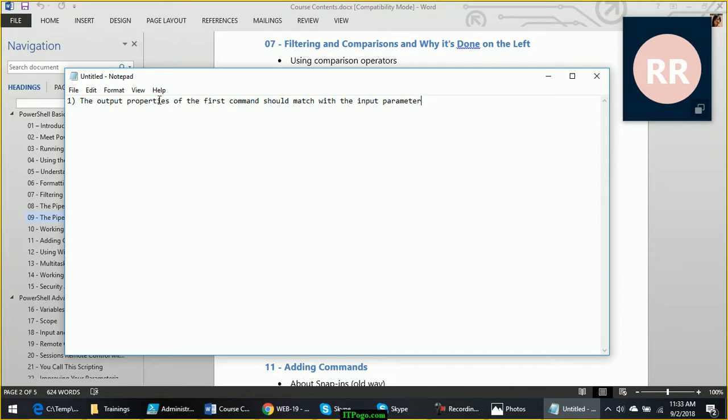Not output properties, output property name, with the parameter name. What does that mean?